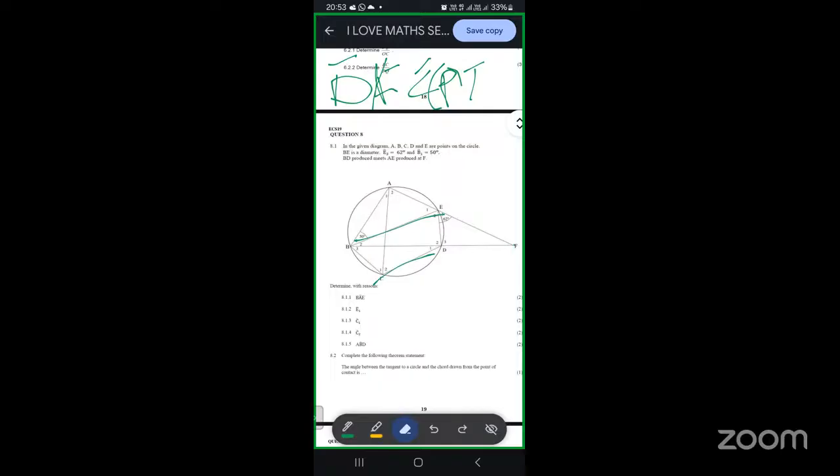To save time, Ethan, if you are not given on the statement that there exist some parallel lines, you can't just assume that this line is